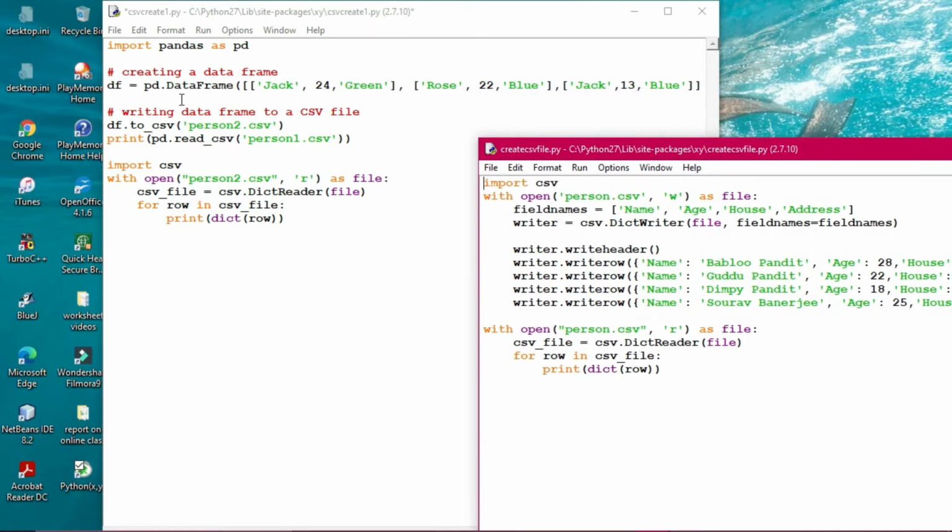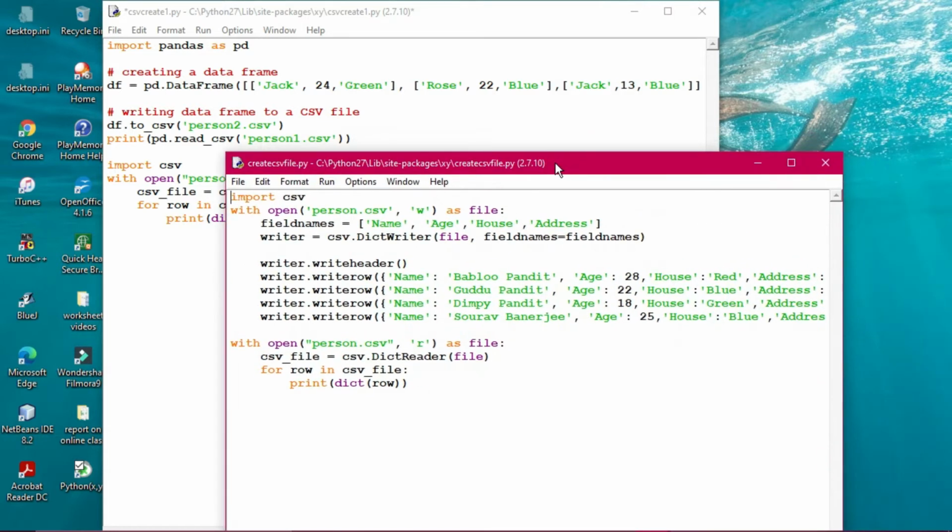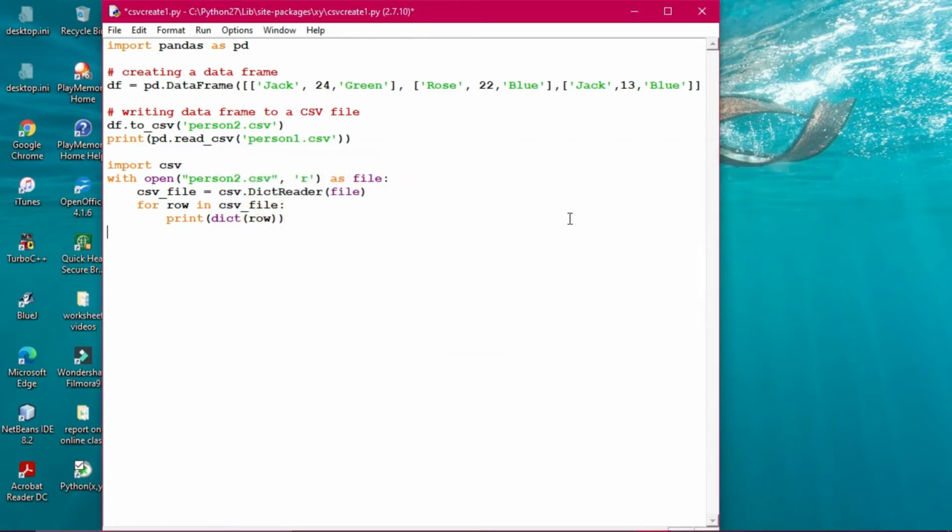So now with pd.DataFrame, this data frame has been created. Okay, and here the dictionary has been taken. That is the difference. So you should know the different ways to create it. Suppose the data frame has been given, and if you don't know how to create it from the dictionary, then it's a problem. Okay, you should know also how to create the CSV file from the data frame. So this one we have done before also, but I'm showing you in a more refreshed way, so you will have no problem with it. Clear? So that is the thing.